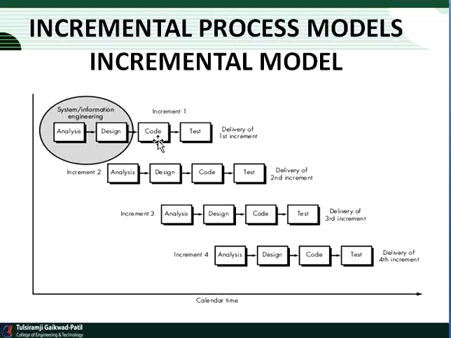In the code phase, the implementation process takes place. After the implementation, we test the whole system and deploy it to the customer. But in the incremental process model, we implement the software in a module pattern, meaning we divide the total software application into modules. So we complete the first feature, after that we implement the second feature as per the software requirement, with analysis, design, code and test.